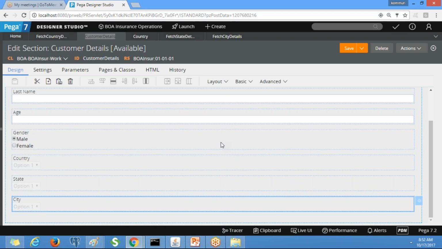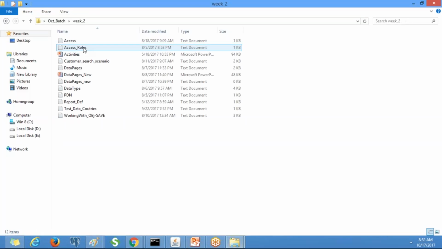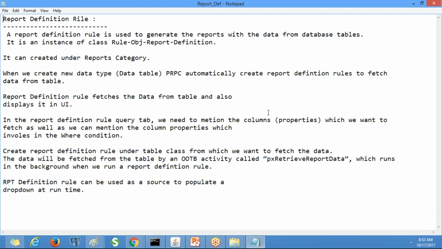Similarly, we can achieve the same scenario by using the report definition and data page. Now let's work on report definition. A report definition rule is used to generate reports with the data from database tables.